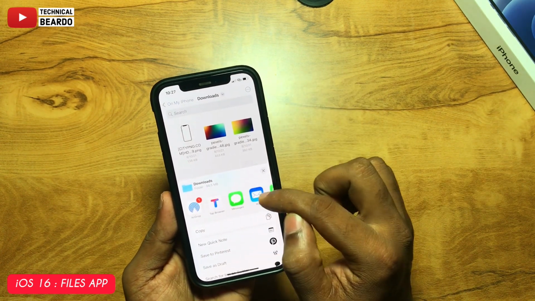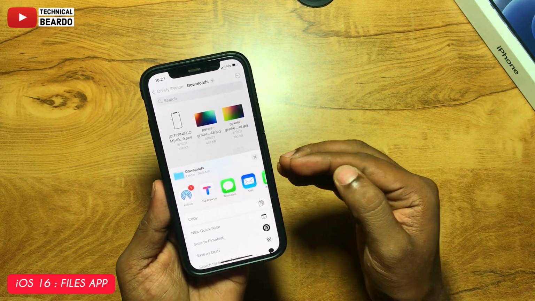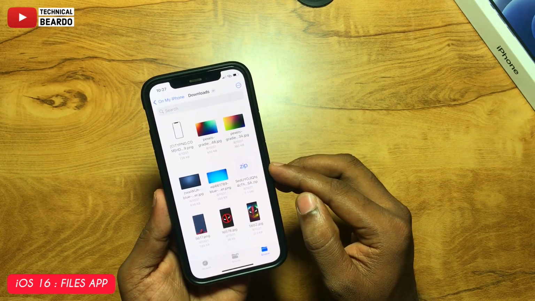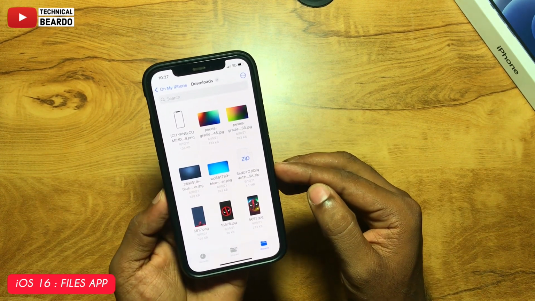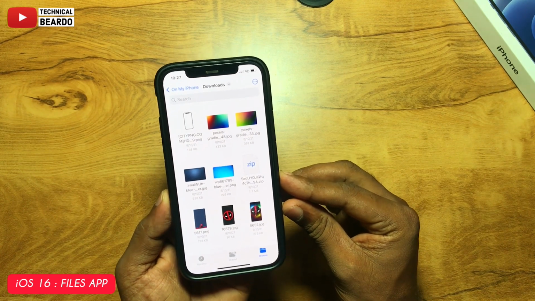So basically from here you can share your entire folder just like that. If you see here, at a download or in any folder, at the side there is an option or an icon called share. Just tap on that and the complete folder can be shared as per your choice. That is the feature available to you.